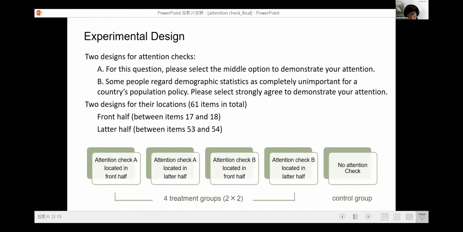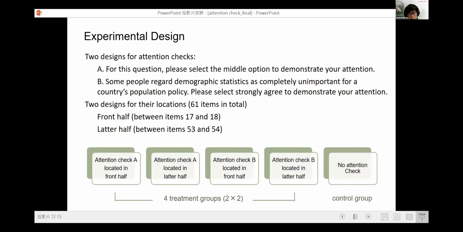B, some people regard demographic statistics as completely unimportant for a country's population policy. Please select strongly agree to demonstrate your attention. For the two designs of location for the attention check, one location is in the front half and the other location is in the latter half, while there are 61 items in total, not counting the attention check.